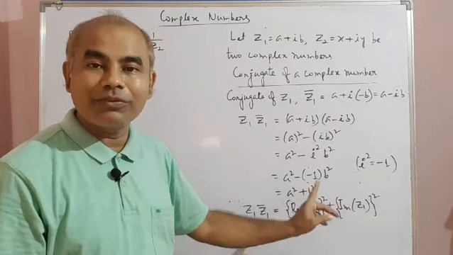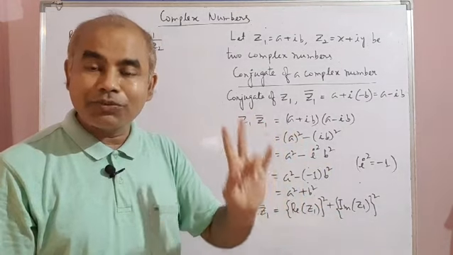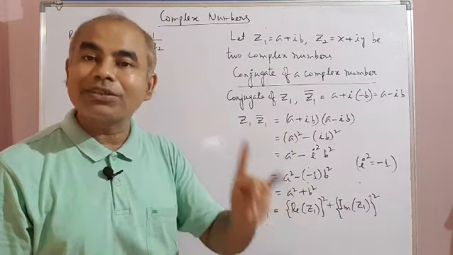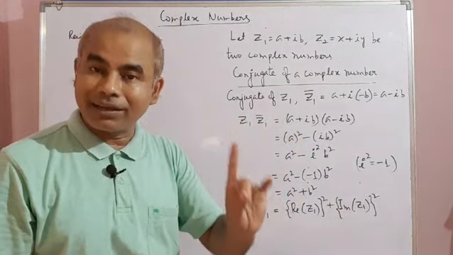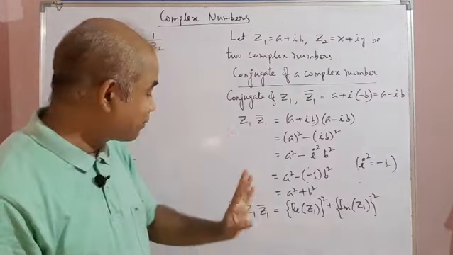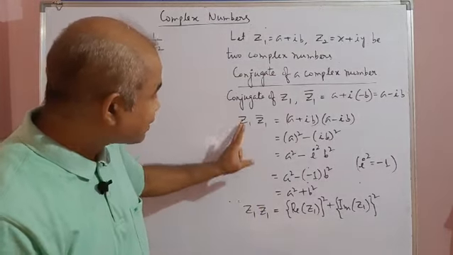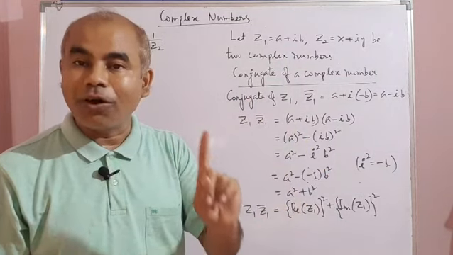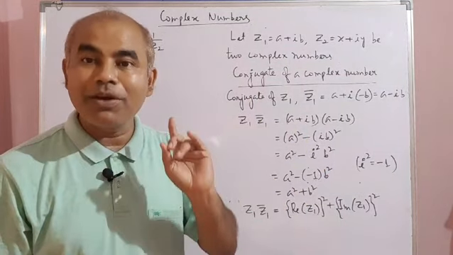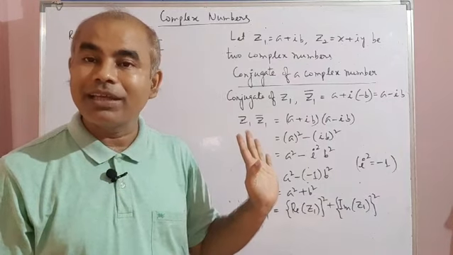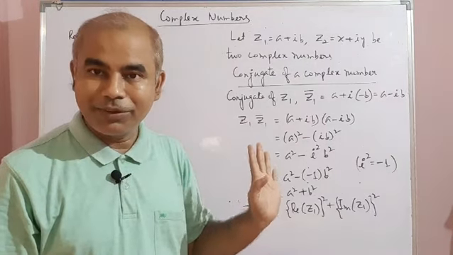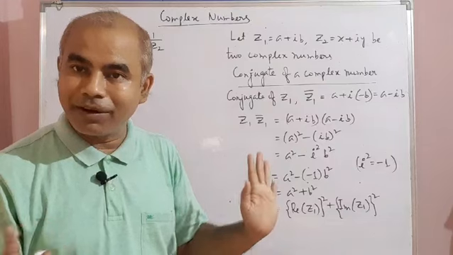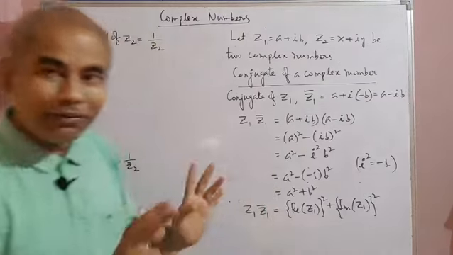Only the square of two real numbers a and b means it is always a real number greater than or equal to 0. That means when I multiply a complex number with its conjugate, my answer is always a non-negative real number. Purely real number, I will get it. No i is there. It becomes a purely real number. Am I clear? Okay, now come to this one.